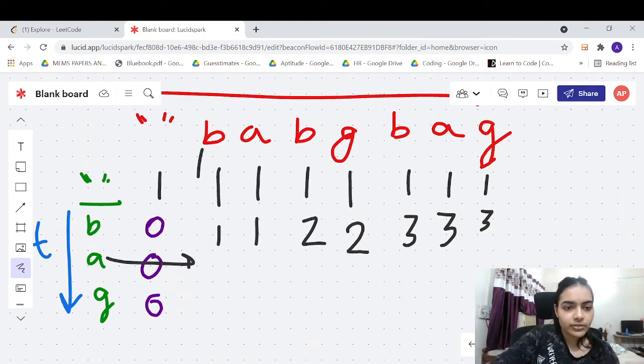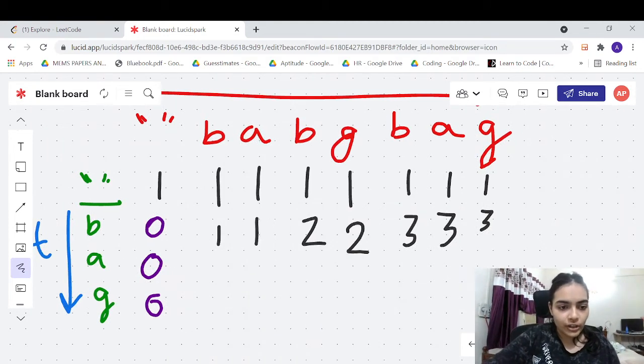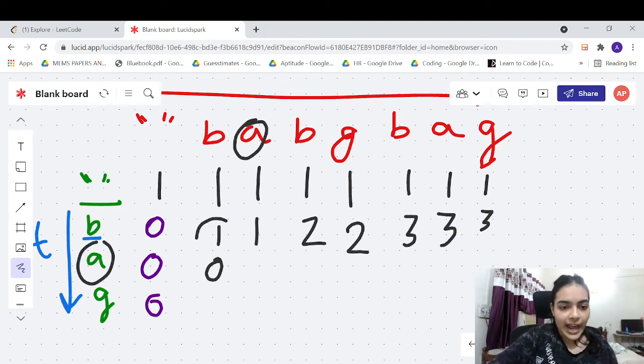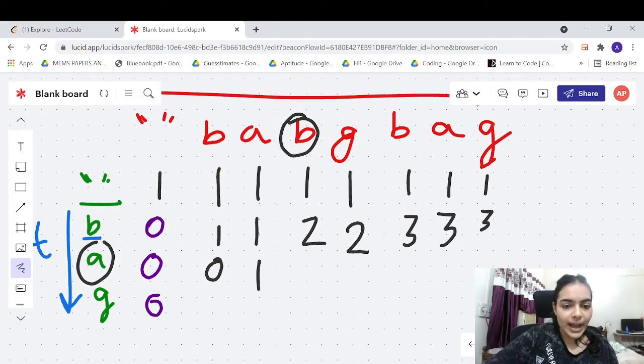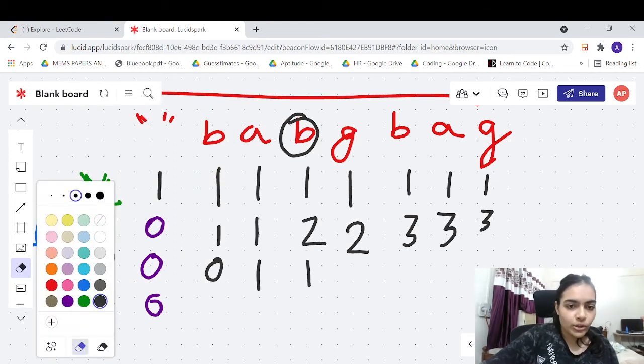So first this particular row and this particular column. So A and B don't match, right? So we'll just look up the previous value, right? So it is 0. A and A are matching in this particular case, so we will add these two values. 1 plus 0 is 1. Okay, let's see the next value. A and B don't match, so we'll just copy the previous value, which is 1.